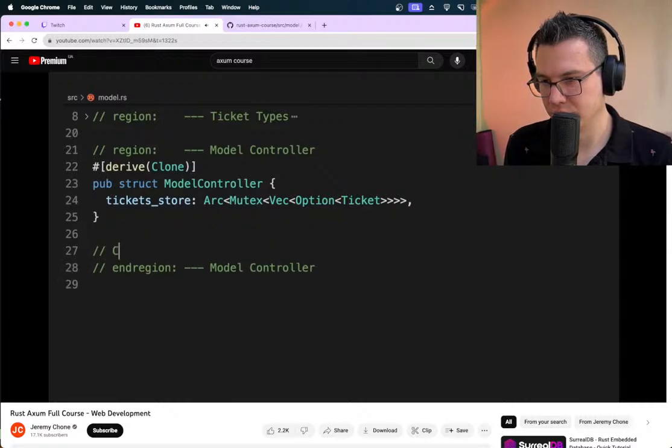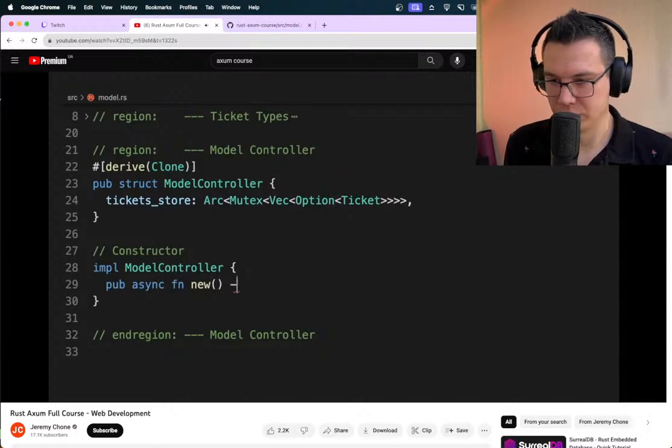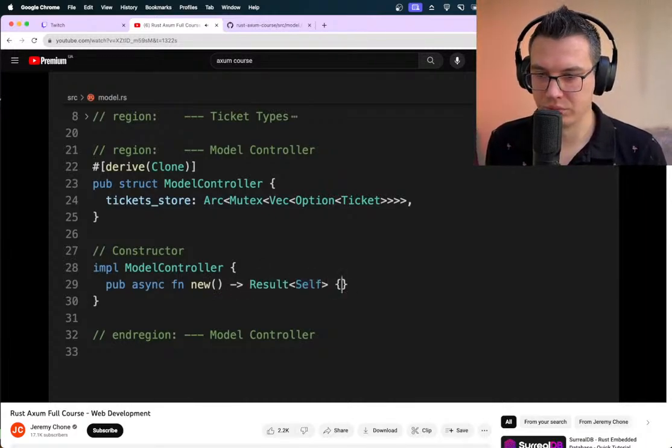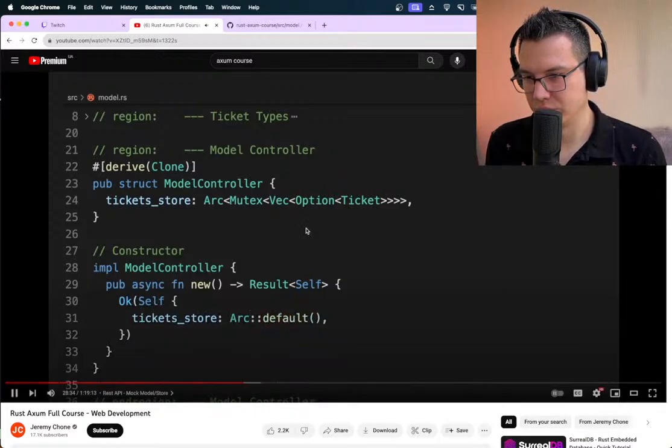Now we are ready to implement our constructor, and it's just going to be a simple async new function that will return a result of Self. And in the return of Self, we just need to have a ticket store and the Arc and the default. Now,